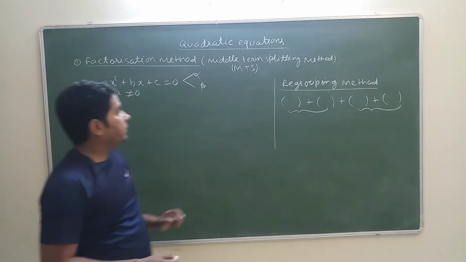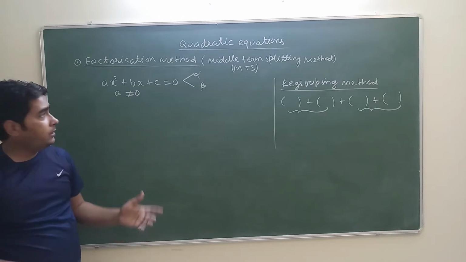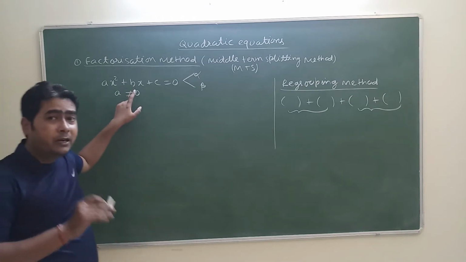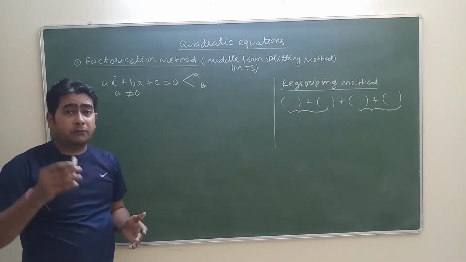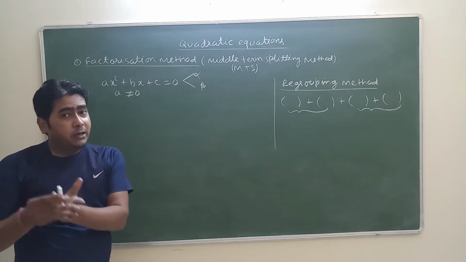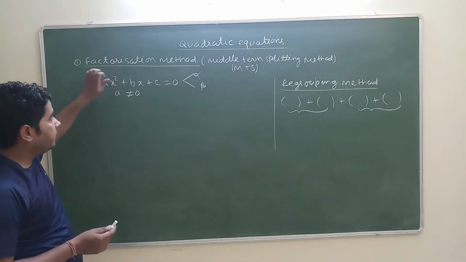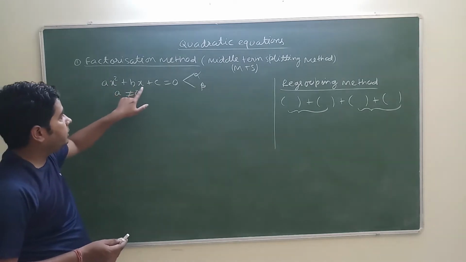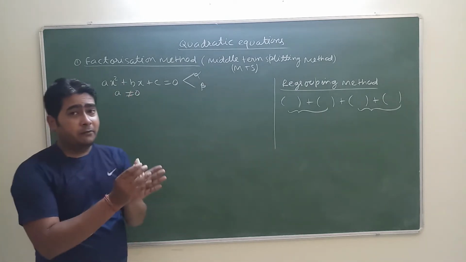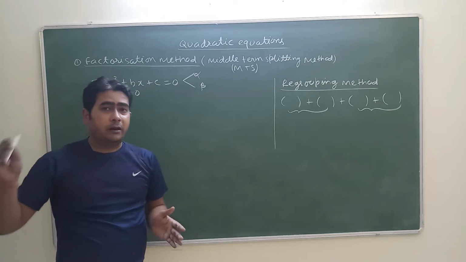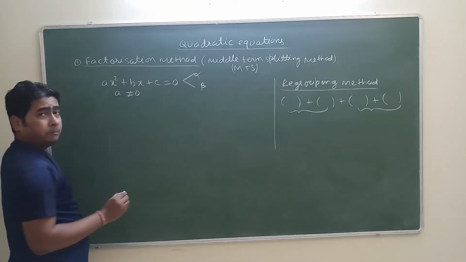So in that situation, we will apply middle term splitting. This will be the middle term. Why is it the middle term? Because I have arranged this equation in terms of degree, and the degree should be in reducing order. This means the first term has degree 2, the second term has degree 1, and the third term has degree 0. So in order of degree, I have arranged these terms in reducing order. So this will become the middle term.